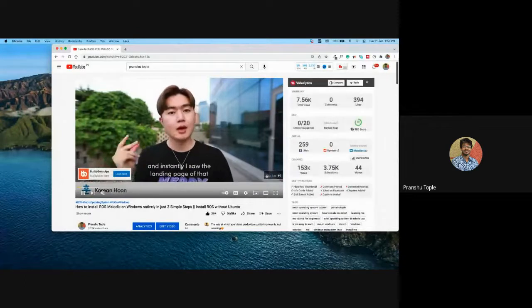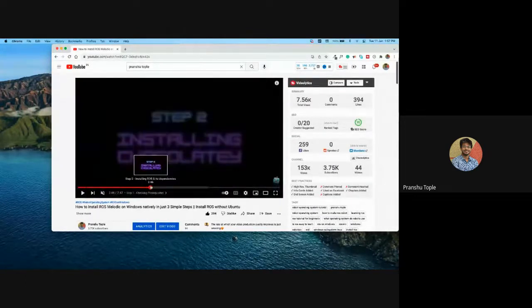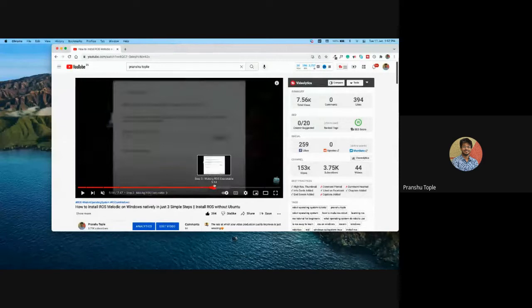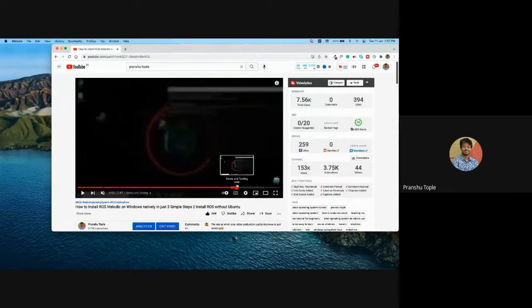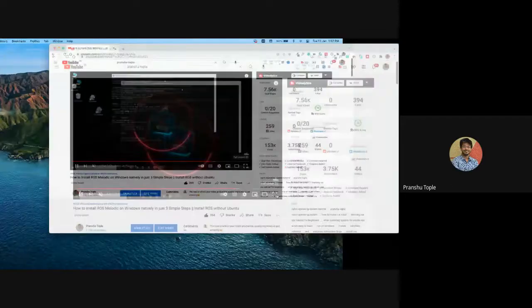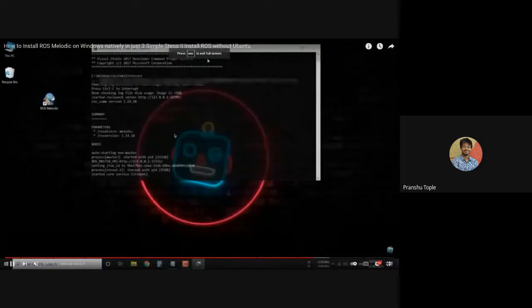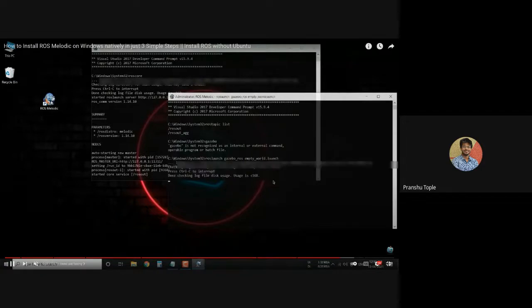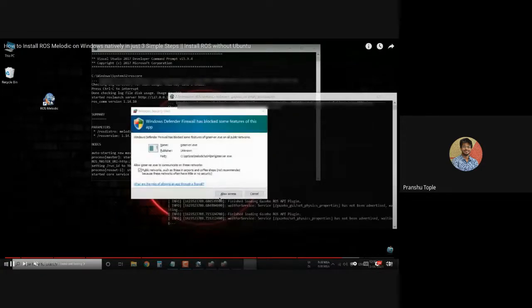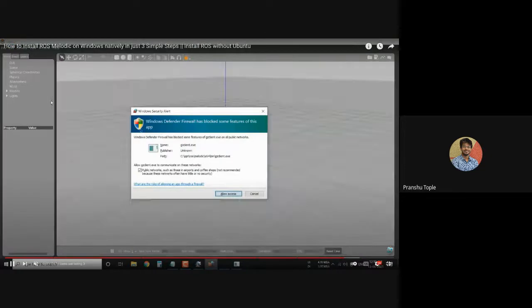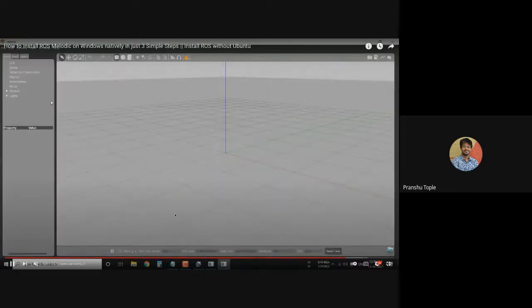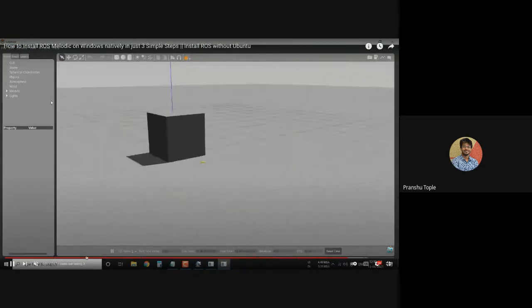Using that, you can run RViz and Gazebo on your PC. So here, if I do this, I guess this is running roscore on Windows. Then I can do rostopic list. After that, I can do roslaunch empty world Gazebo. So Gazebo is launching. This is on Windows, you can see the Windows start bar.